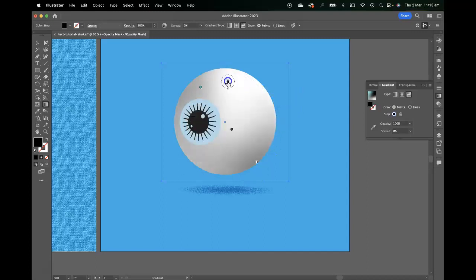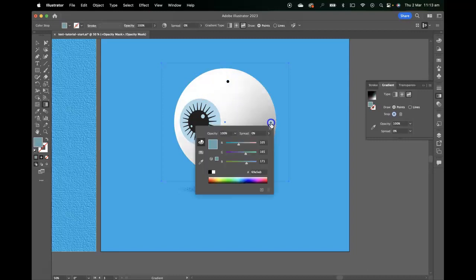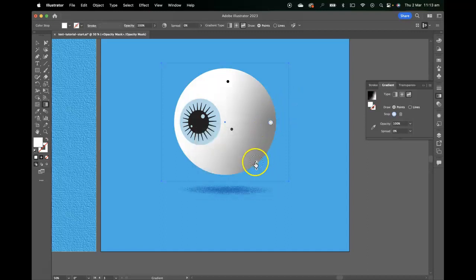So these are our kind of pointers. So I'll have the white ones over here. Oops, white. And so the white's going to reveal the shading, and then the black one's going to take it away. So we can really tailor our shading,